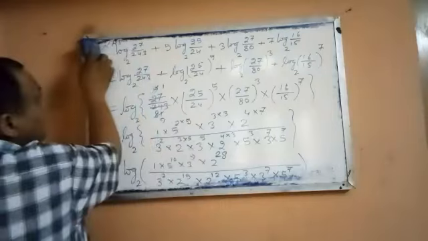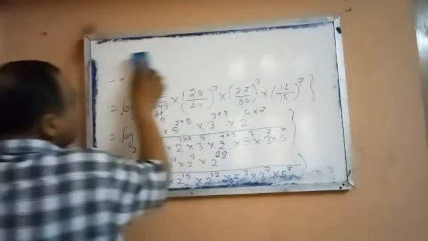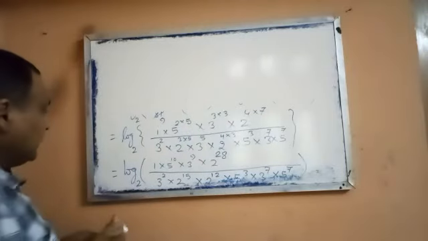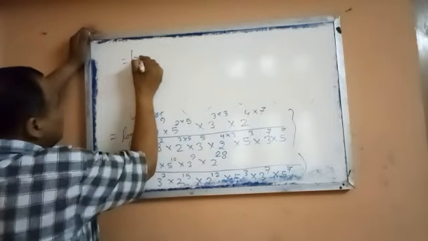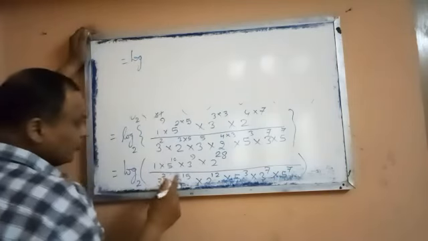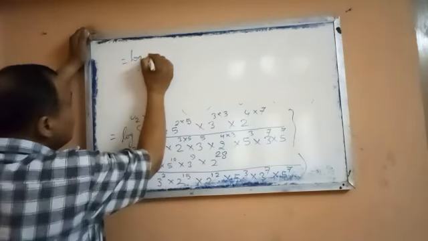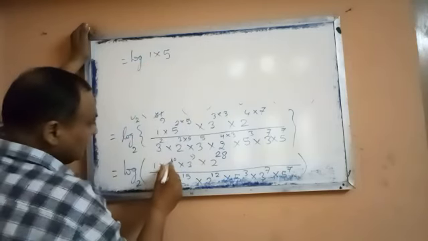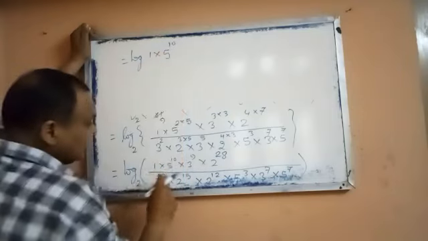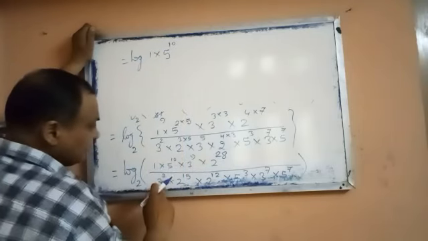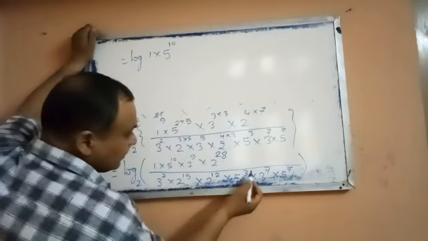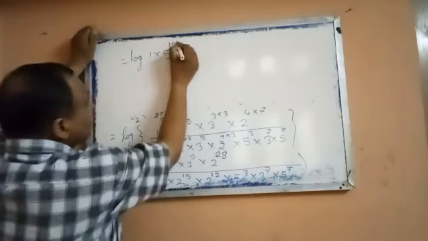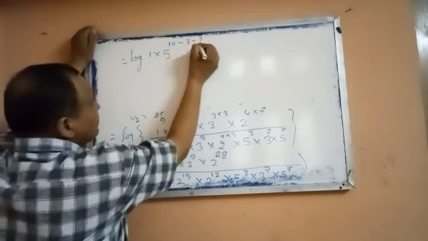So now we'll omit the first two lines, and then you see log. We'll pick up one by one. 1 into, we'll pick up 5. So 5 to the power 10, and in case of division, powers of the same base are subtracted. So here you see 5 to the power 3, and here 5 to the power 7, and both are in denominator place. So minus 3 minus 7.